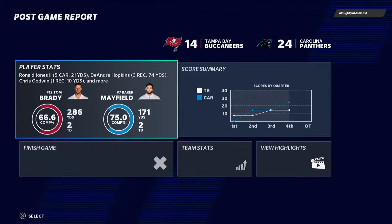So for Carolina, a win will come too late to save a losing season, but they do move to 6-9 on the year. And they will hit the road